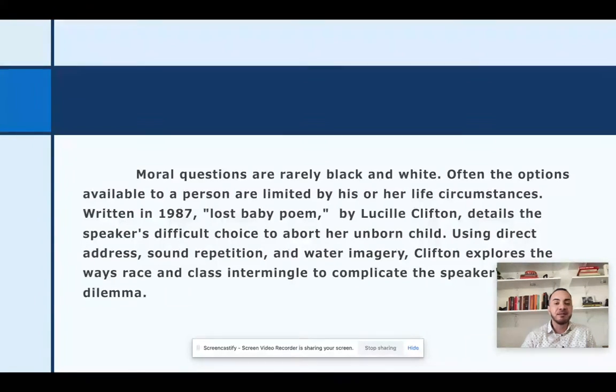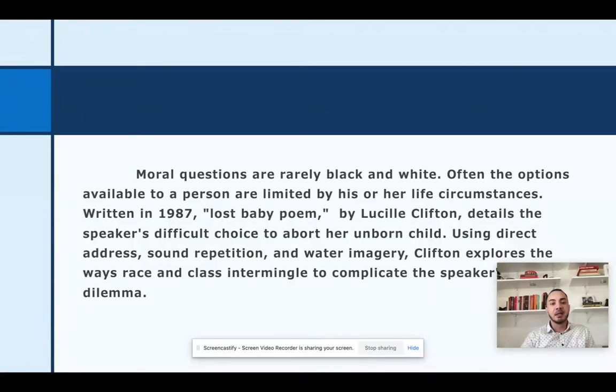"Written in 1987, the Lost Baby poem by Lucille Clifton details the speaker's difficult choice to abort her unborn child. Using direct address, sound repetition, and water imagery, Clifton explores the ways race and class intermingle to complicate the speaker's moral dilemma." So again, notice that the first two sentences are a broad thematic statement that do not mention the